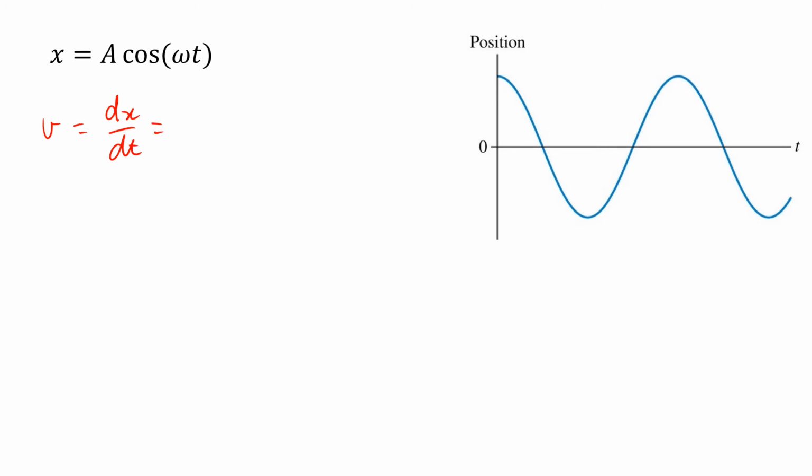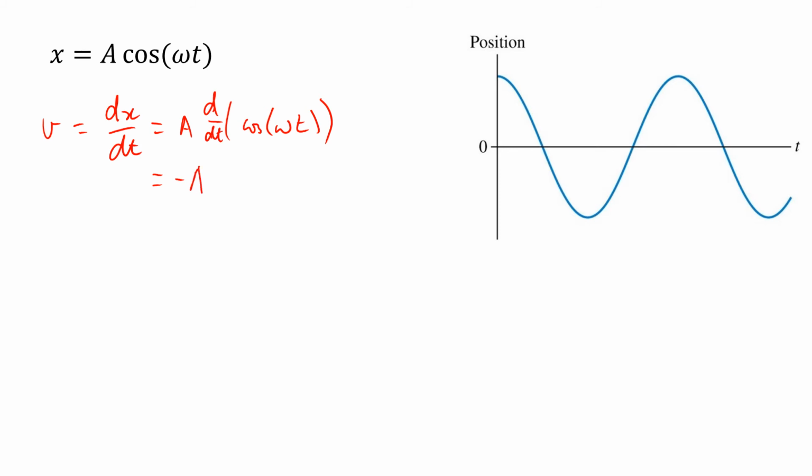Now, x is A cos omega t. The A is a constant, it doesn't change, so it's just going to come out the front. So we have A d/dt of cos omega t. Okay. What's the derivative of cos? Negative sine. Our coefficient on our t pops out the front, because we're taking a derivative with respect to t, but this coefficient just pops out the front, and we end up with negative